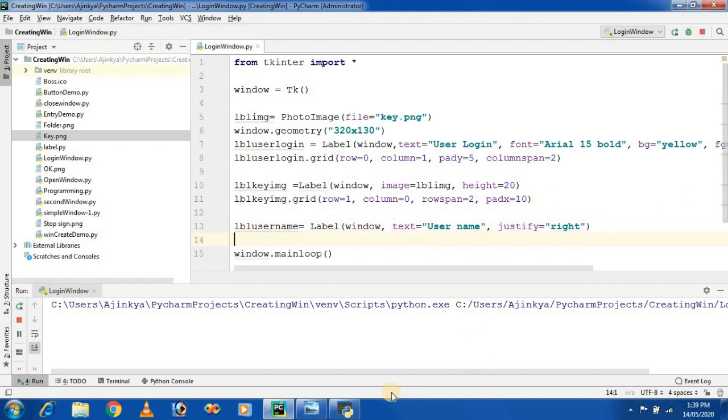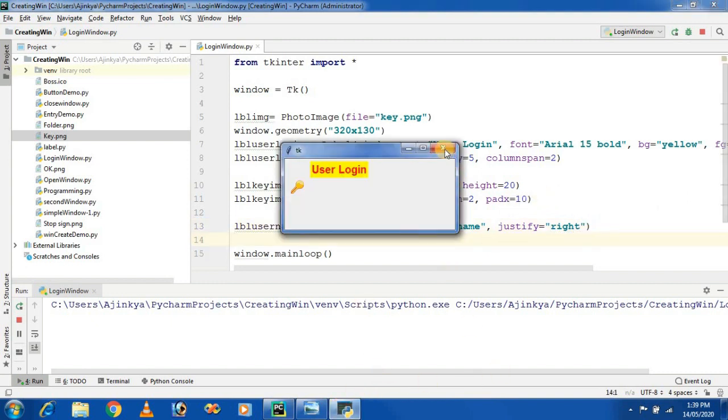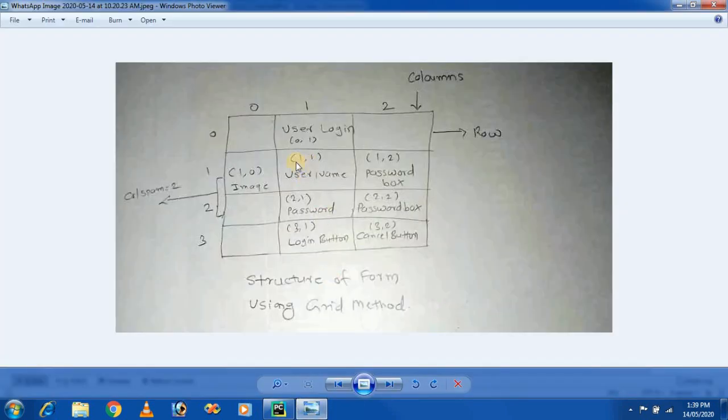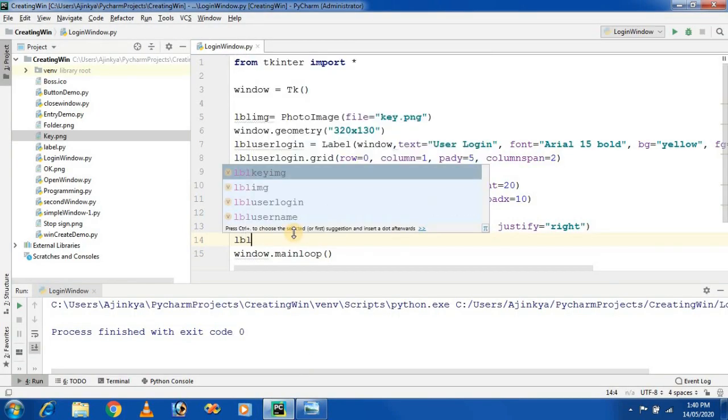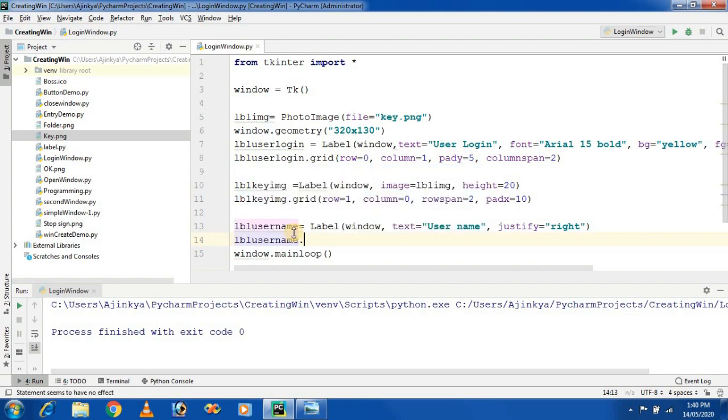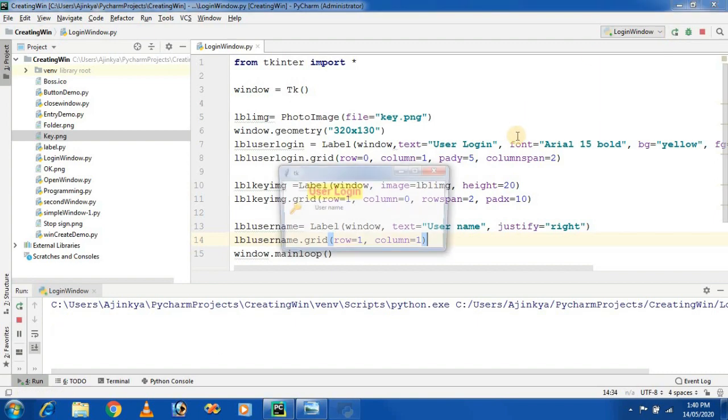So lbl username is placed at row number 1 and column 1. lbl username dot grid requires the row number, row is equal to 1 and column is equal to 1. So run the project and see the output.